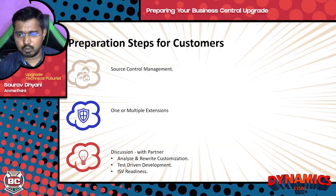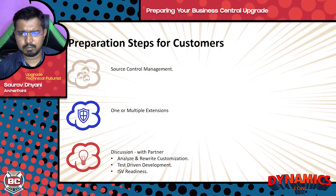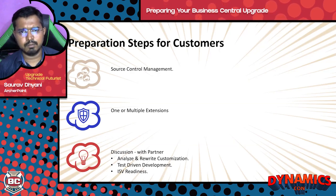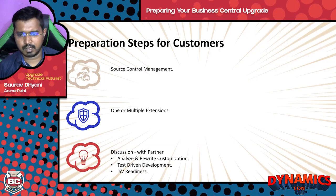The last is you need to start engaging your partner. In the past, the upgrades were done more or less at the partner end. The heavy lifting was done by the partner, where they would merge your code, and once the code merging, report upgrades and everything were complete, they'd ask for access to your test server, do a data migration, and you would be up and running with the new